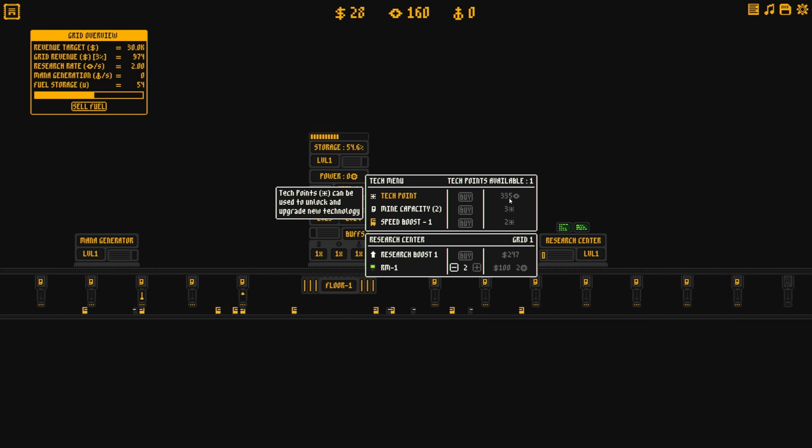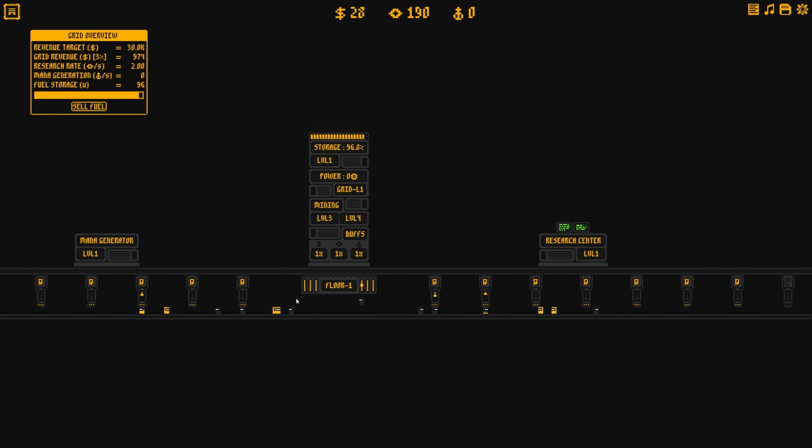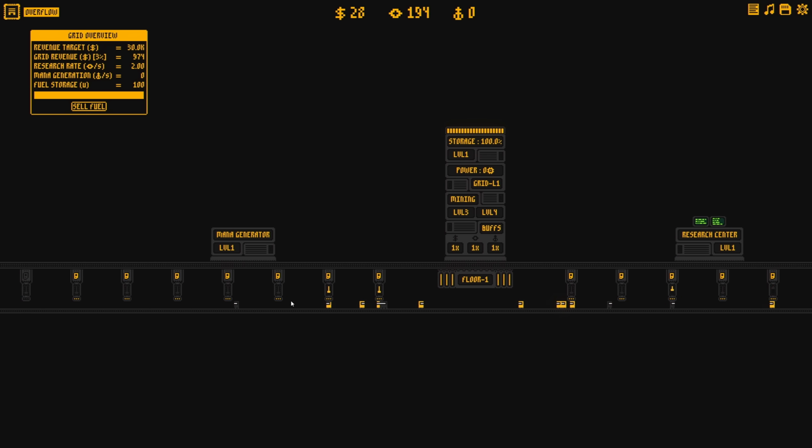The second tech point is going to be 335, and that should allow us to get a speed boost, or we could save up. We save up to get the third tech point, get mine capacity, increase the capacity of each mine to 2 mine bots. Now, here's the thing. The journey that's...